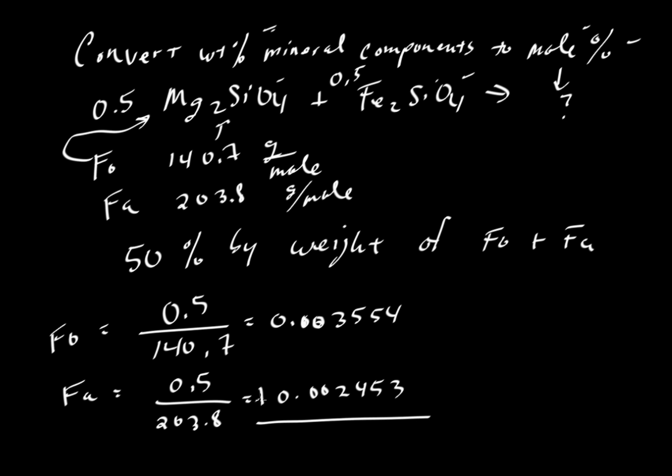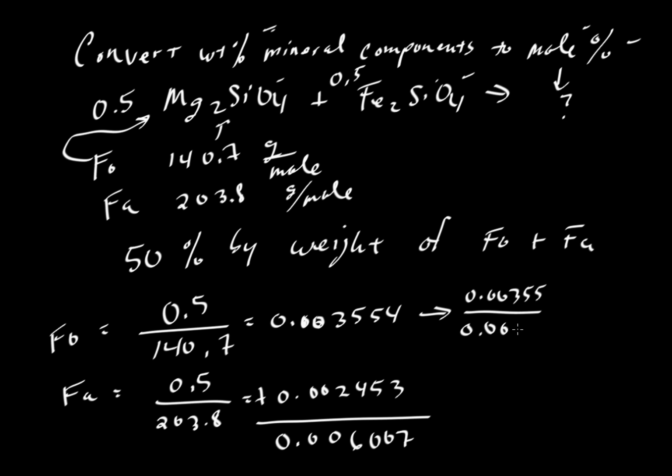So we'll take the sum of these two molecular proportions, and we get 0.006007. So if we want the molecular proportion of forsterite, it would be this value here, 0.00355. We're going to run out of space, so I'm just going to cut a couple of decimals off,